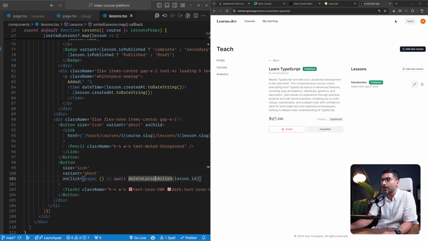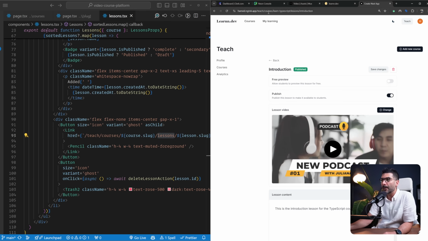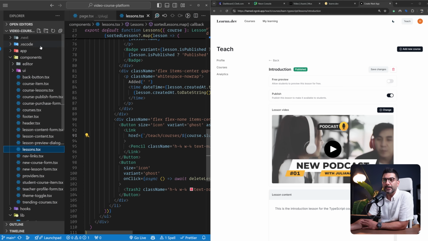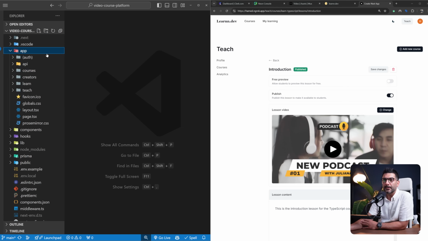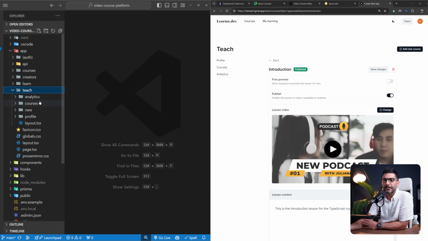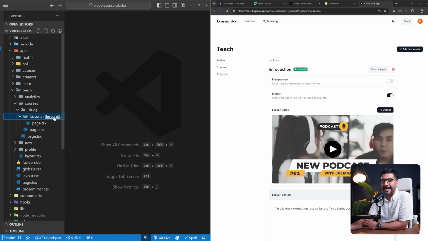Now, when we want to update a lesson, this is going to take us to teach, courses, courses slug, so dynamic course, and then lessons, and then lesson slug. So once you click here, up top, you can see I'm going to teach, courses, learn TypeScript, lessons, and then the introduction, which is the slug for this specific lesson. So let's go to this page. Let me close all of this. Again, inside of our app, teach, courses, specific course slug, and then we have the lessons and the lesson slug